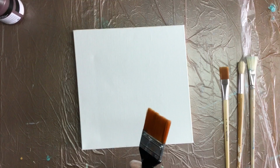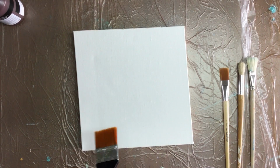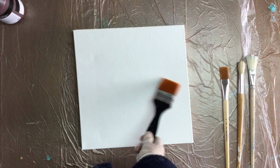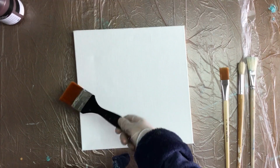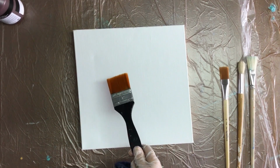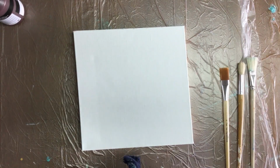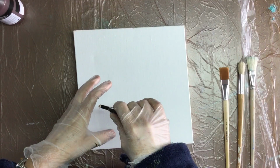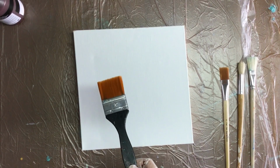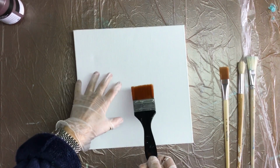This one is a request video. It'll be two in one. One person asked me how do you paint the background without getting all these brush strokes. And then someone else asked me to put some silicone on the canvas and then pour over the canvas with the silicone. So I thought I'd do those two together, because if you put your silicone on the canvas before